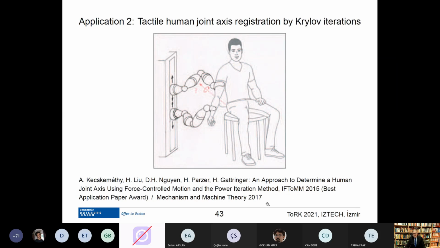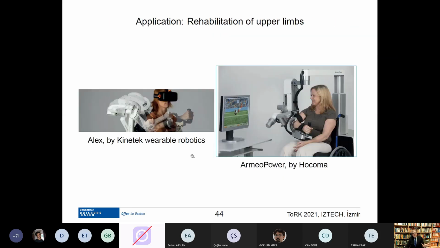This was an idea that I presented at the IFToMM conference in 2015, the year when I handed over the editor-in-chief position, in fact. The idea is to use tactile robots to identify the joint axis of a human being, because it's important to know which is the real axis. Otherwise, the robots will be operating not on the real axis and creating some